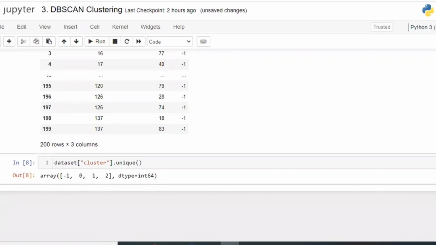So when we use it depends on the requirement. For example, in the banking industry, for the clustering example, we have seen different types of customers. Some customers will be interested in a gold loan, some in a car loan, some in a housing loan, and some in a commercial loan or business loan.